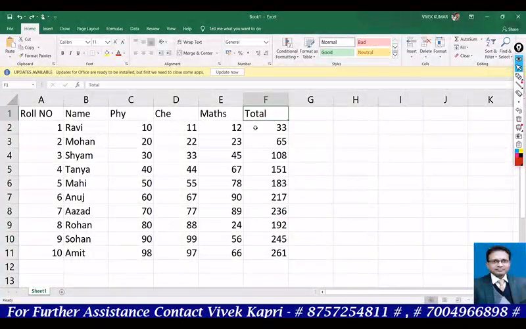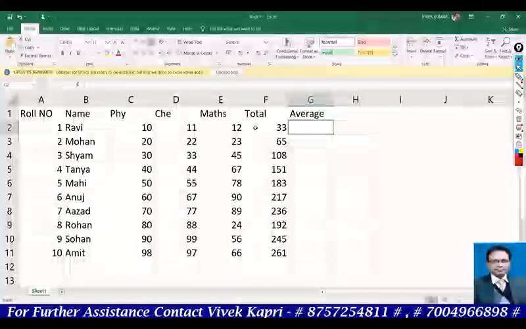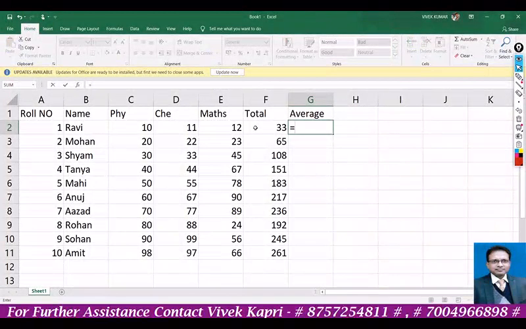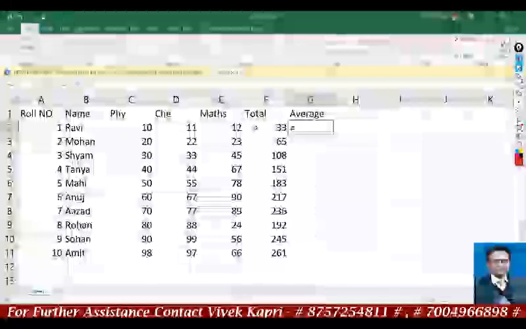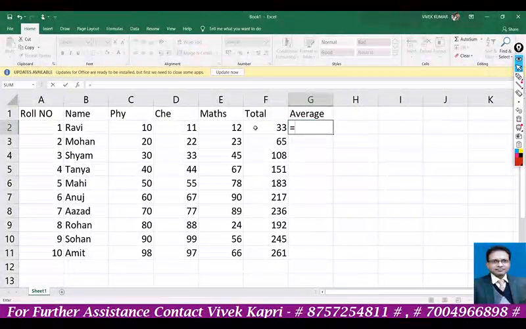Now if we have to find the average, we'll write equal to. What is actually the average? What is the definition of average in mathematics? It is the total divided by the number of values, the sum of values divided by the number of values. We have already calculated the sum of values, that is 33, and it is in F2.